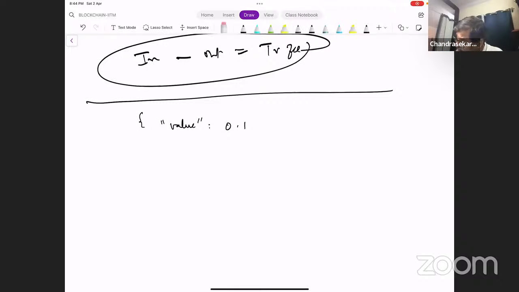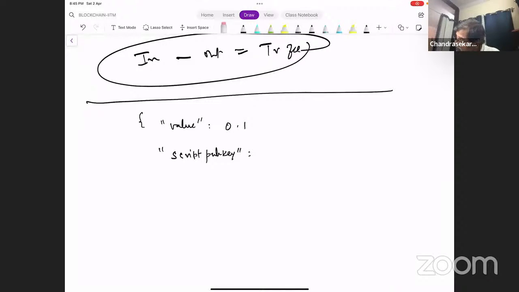And then there is a second field, and this is called the script public key. In this, the following will be written: